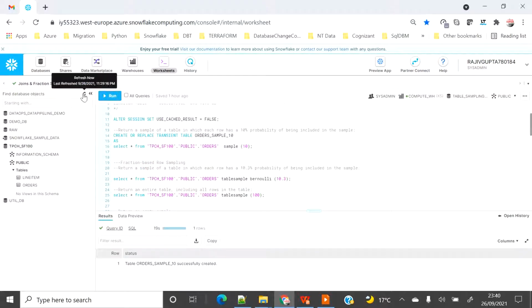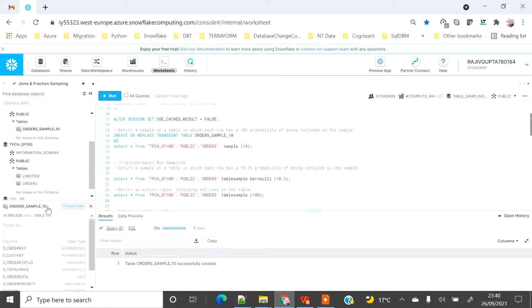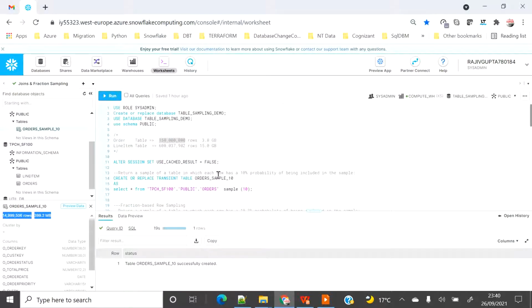Now that we have created it, let's execute and click over here. We see that it's very near to 10% of the rows in the order table, and the size of the table is also nearing 10%. Hence this is the best way to get a sample table using a 10% probability.